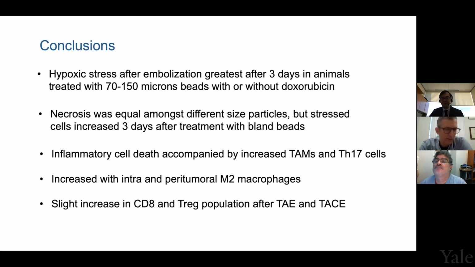Well, I think you just got grilled by a lot of experts in the field, and you did a tremendous job. Again, this shows the work that still needs to be done. And Rony, you're making great progress in how we view chemoembolization and other types of locoregional interventions that we do for liver cancer.